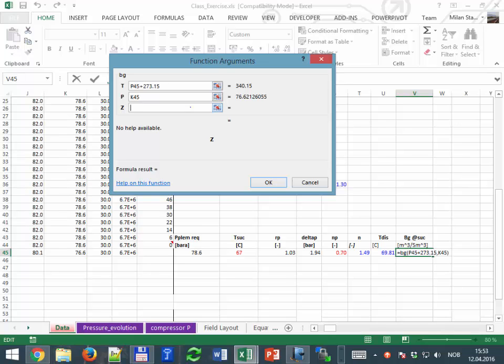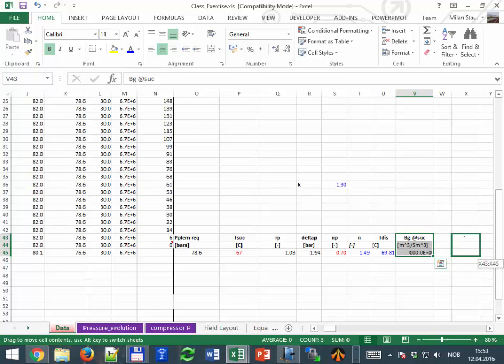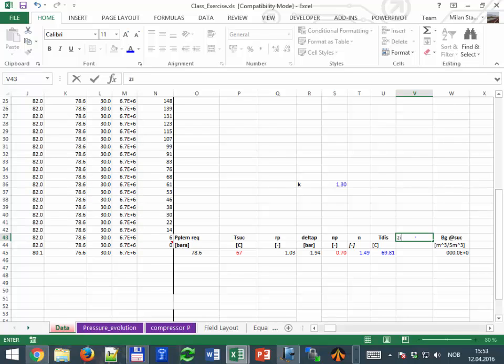And I need set, right? I didn't calculate the deviation factor anywhere. I guess we have calculated, but that's for the reservoir. Now remember that we are at different temperature and pressure, okay? So let's just drag this here, and we are going to put set just next to it. Someone asks whether in the equation the pressure should be in bar or in pascal. I will check that just now for you. Let me fix that with set. So set, the deviation factor at the suction,